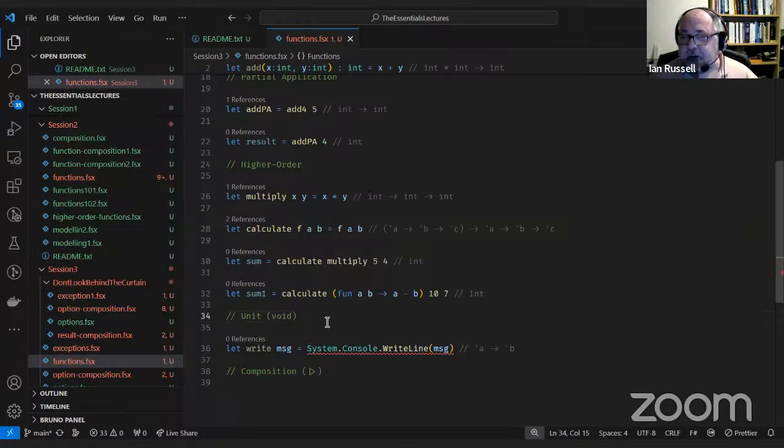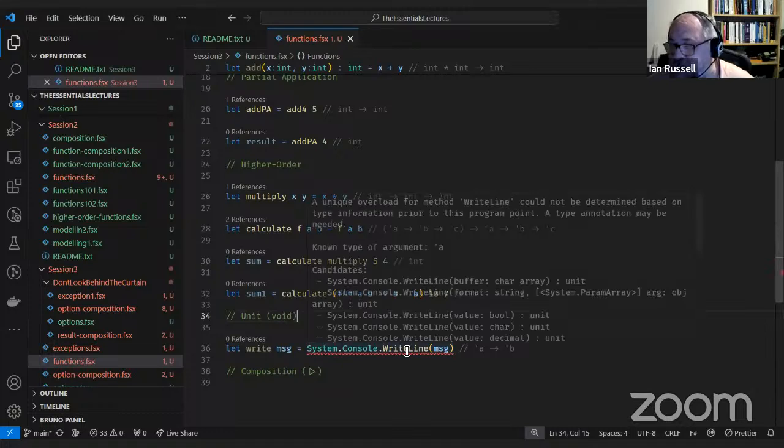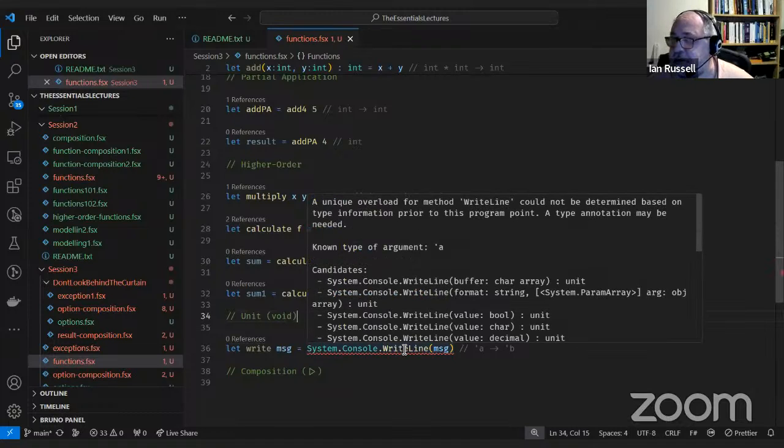Okay, so this is a fortuitous error. Well, it's not an error as such. What that's telling me is that a unique overload for method writeLine couldn't be determined based on the type information. So the compiler's telling me that writeLine has some overloads.